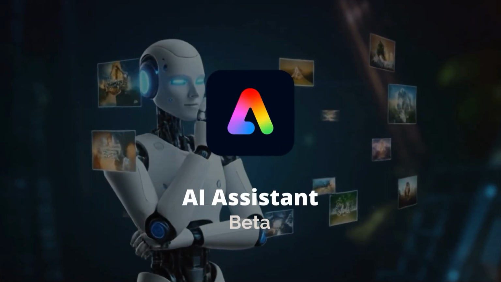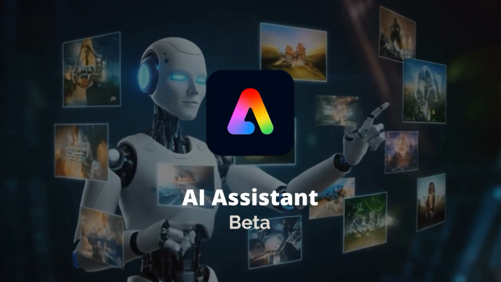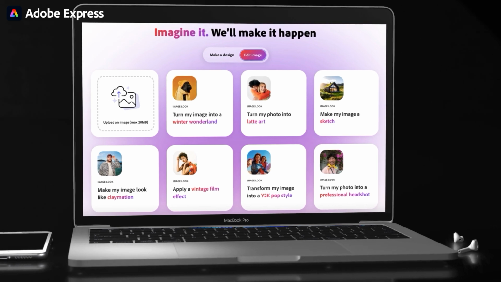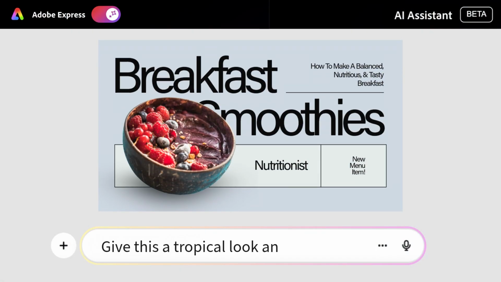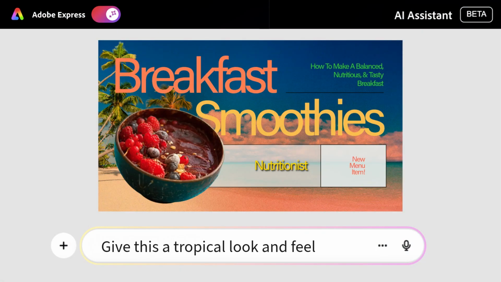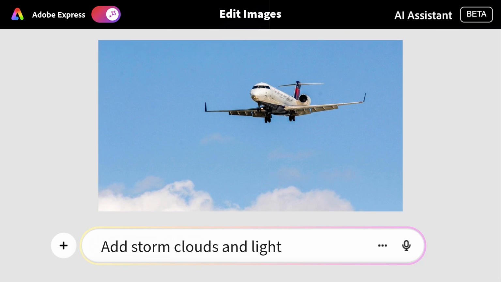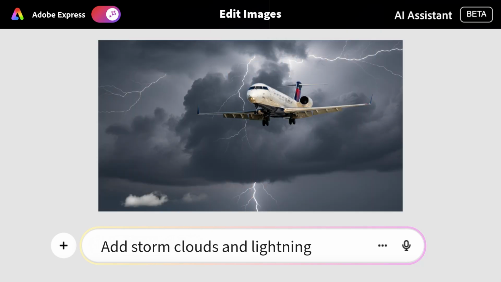The new AI assistant on Adobe Express is redefining content creation, allowing us to make sweeping changes to designs using only text prompts. With advanced capabilities like smart image editing, you can instantly change text or colors, remove unwanted distractions, add or replace objects in photos, or even adjust facial expressions and body poses simply by describing what you want. This provides a faster way to create, and it's about to take our editing and content creation to the next